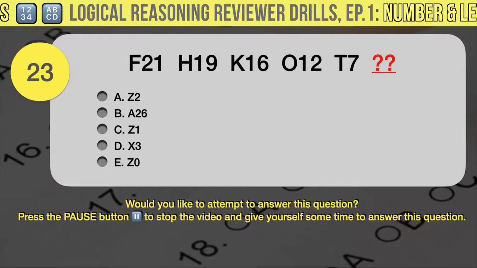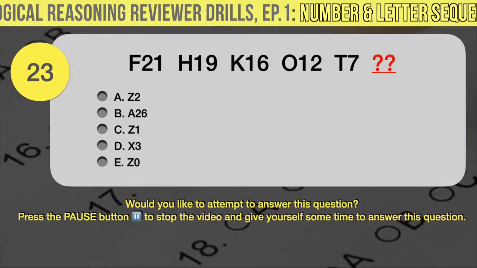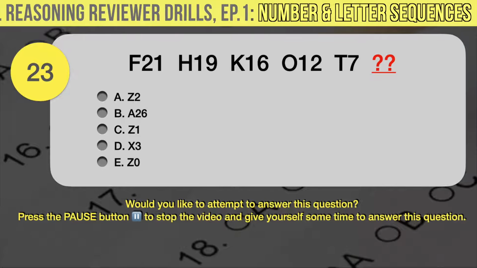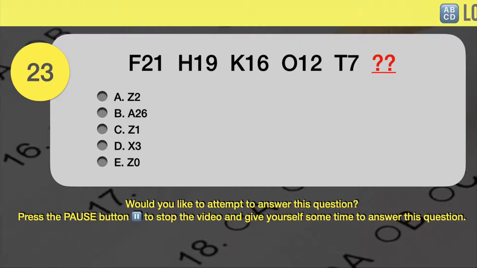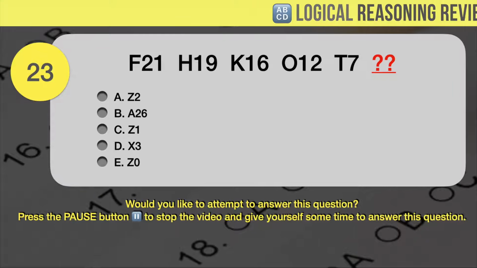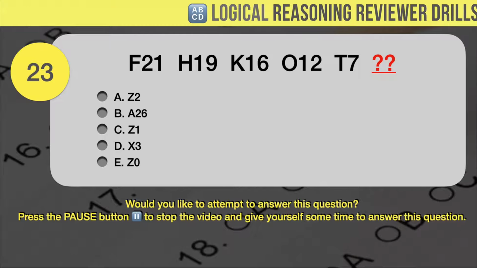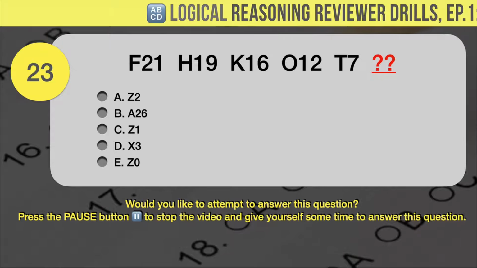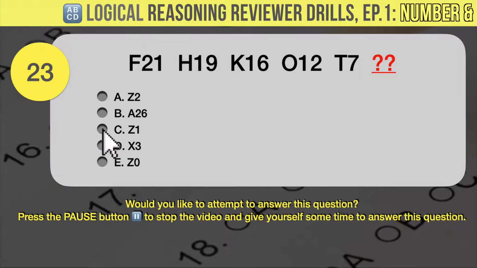Drill question number 23. Which letter number pair comes next in the following sequence? F21, H19, K16, O12, T7. Your answer choices are A, Z2, B, A26, C, Z1, D, X3, E, Z0. The correct answer is C,